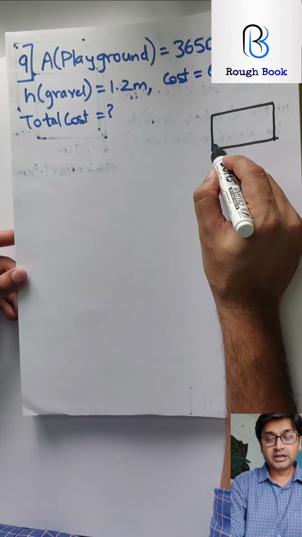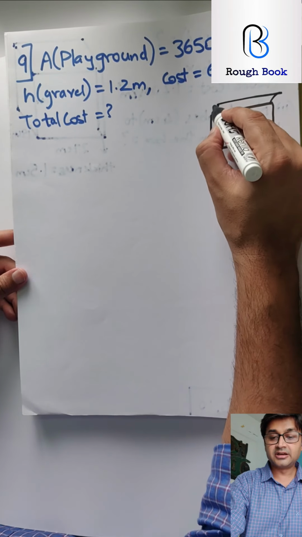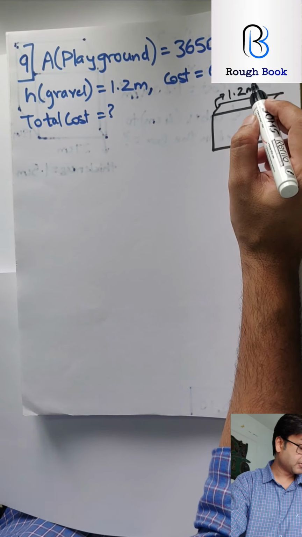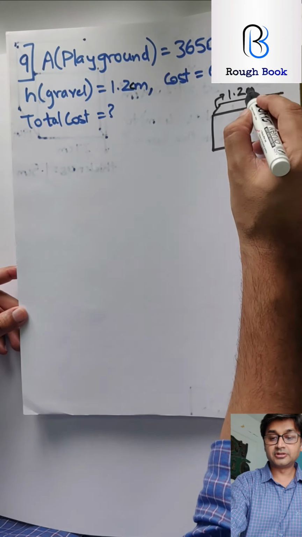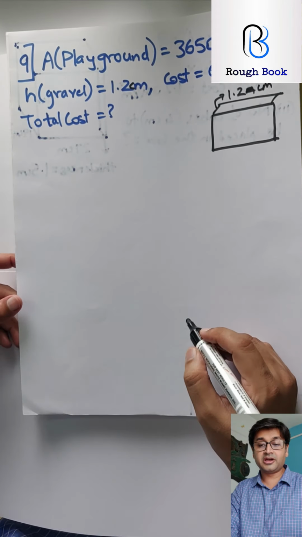So they are creating a layer over here. So layer means this much high it will go over the ground, and this layer is 1.2. Am I right? Meter or centimeter? Centimeter, sorry, not meter. So this is 1.2 centimeter. Rest everything in meter. So that's going to be a catch for us.